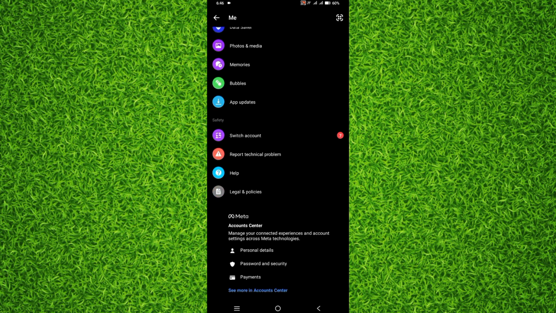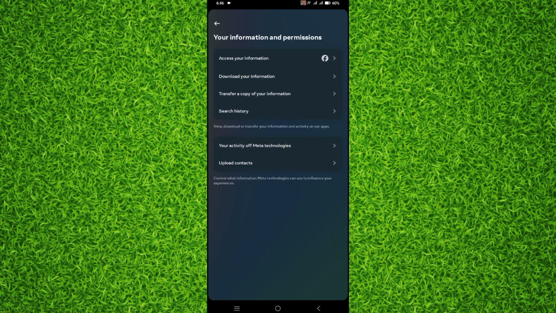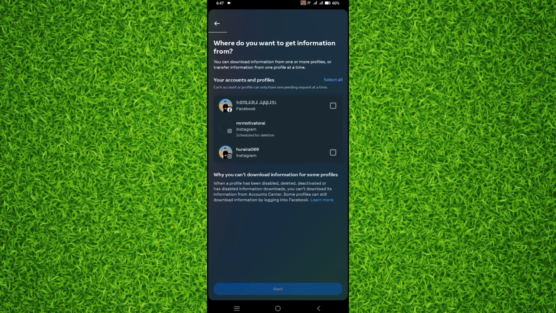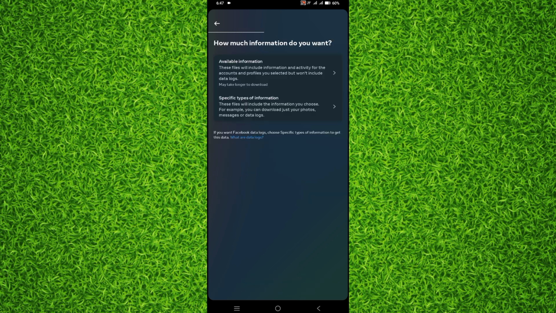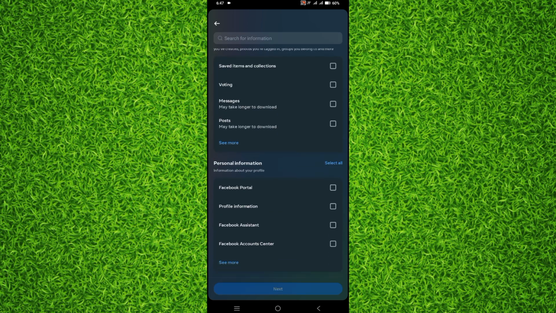right here you'll have to scroll down to the bottom and then tap on see more in Account Center, and then tap on your information and permissions, and then tap on download your information, and after that you'll have to tap on download or transfer information, and then select your Facebook profile and then hit next, and then tap on specific type of information, and at the last you'll have to select messages and then hit next,